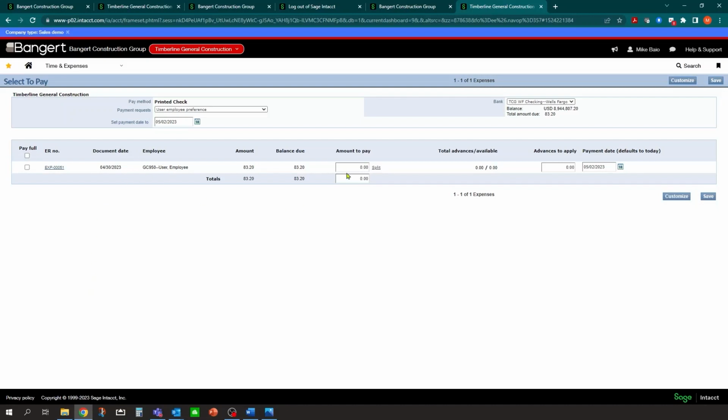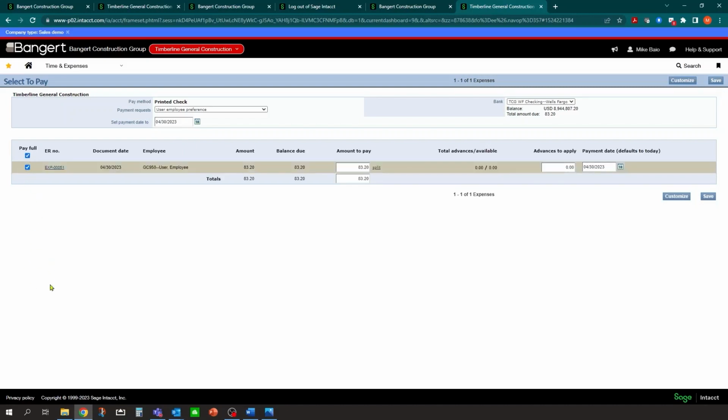You could put in an amount to pay, so you could pay a partial. And then you can also determine what you want the payment date or check date to be. We'll pre-filter today's date. Let's say we want this all in 4/30, so we're going to use 4/30 for the payment date. You'll notice it fills it in right here. You can also override that by line. And when I check this box here, pay in full, so if you had multiple here, you can click the header and it will select them all for payment and fill the information in. It will also show you which bank account you want to pay it out of, and it will give you the balance. And then the total check run will show up right here.